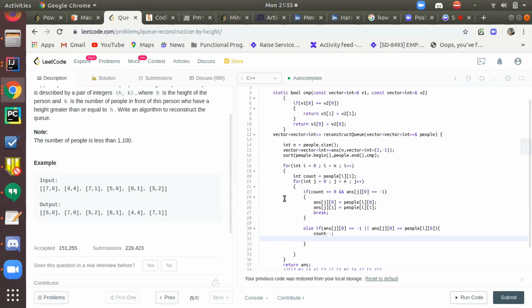So what were you doing in the brute force? Let's take the input and put the first one at the correct position in the output, then pick the second one, let's say it's 4, 4. We know that we need 4 elements before this element, but we don't have them, so let's put it at the last position in the output array, then pick the next one. So it's 7, 1. It requires only 1 element ahead of it that is bigger than or equal, so that will go in between 7, 0 and 4, 4.